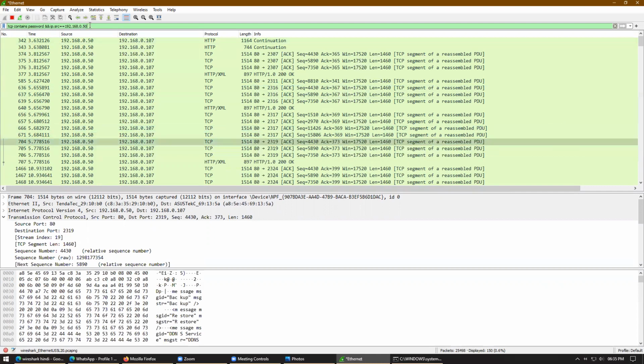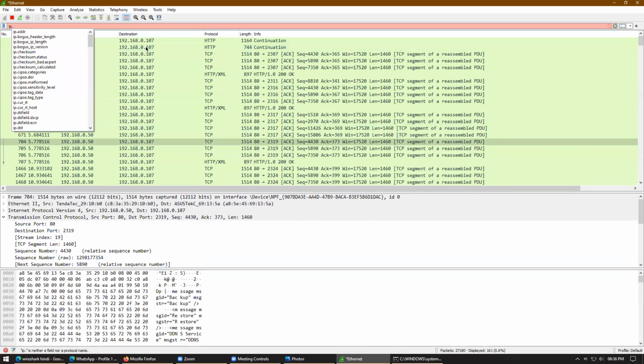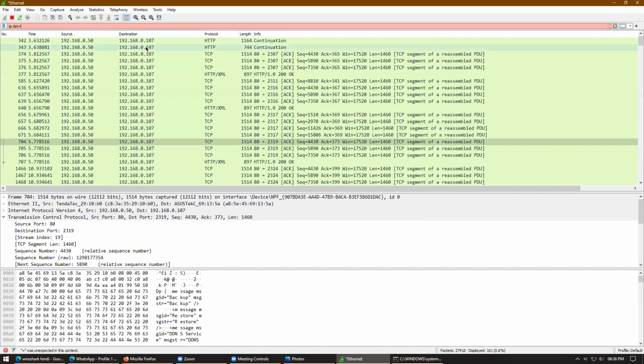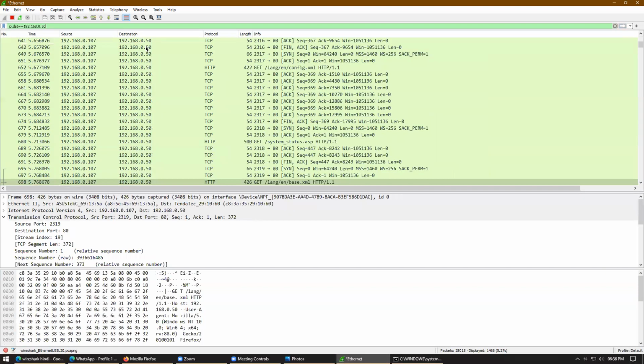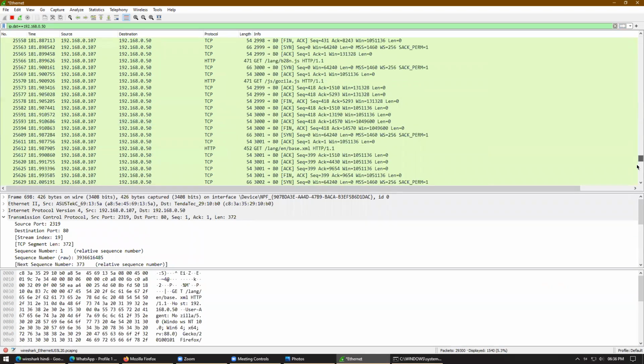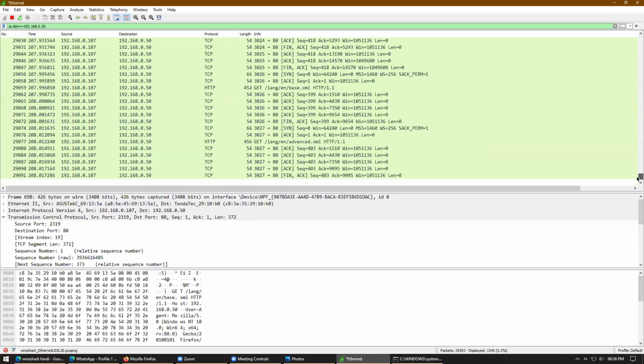Okay, like I said, if I want to filter an IP source, that's it. This is the IP source here, and I want to see the destination, what type of data I'm sending to the destination. I will just type ip.dst equals 192.168.0.50. So this is the destination from the source, and in the destination part you can see all the IPs are 50.